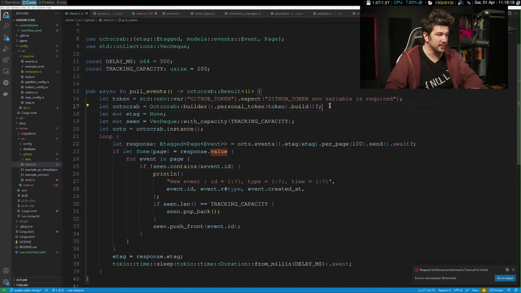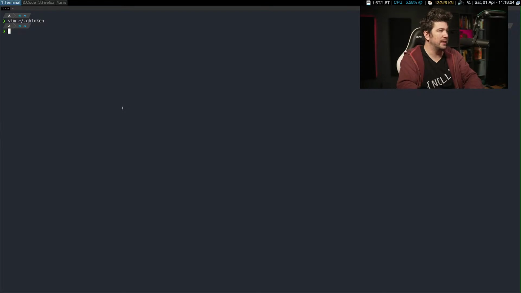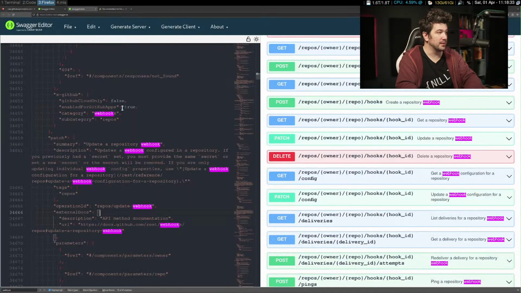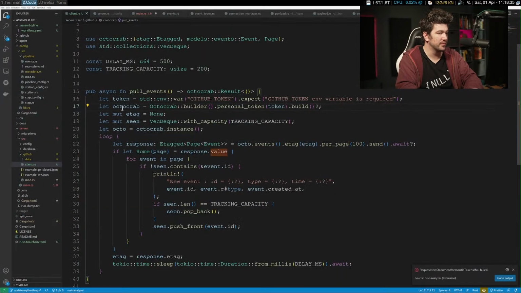We'll see if that works. All right, this should work. I need to actually source this since it has a new token. How would you guys deal with tokens and streaming other than leaking them? Is there a better way? I feel like there is a better way that I'm just not doing, but